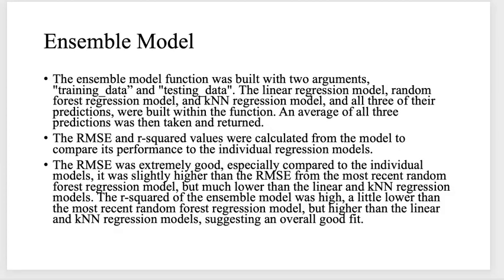So the ensemble model function was built to take in 2 arguments, the training data and the testing data. Within the function, the linear regression model, the random forest regression model, and the KNN regression model, as well as all 3 of their predictions, were built and called, and an average of all 3 of the predictions was then taken and returned. The RMSE and R-squared values were calculated from the model to compare its performance to the individual